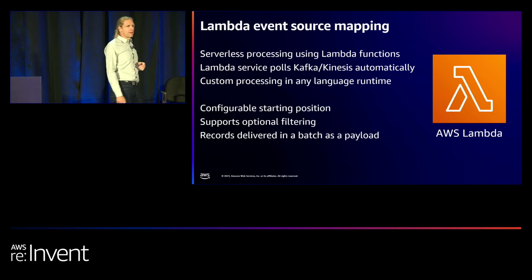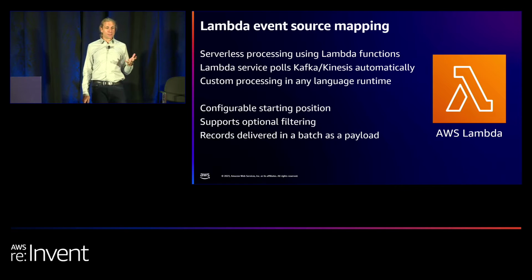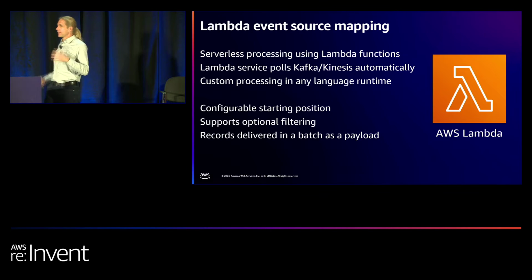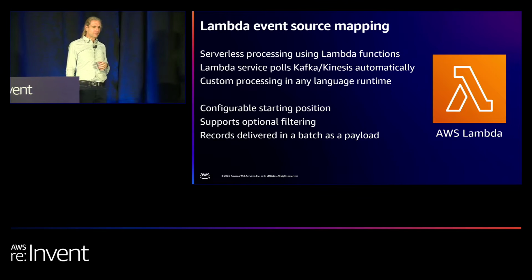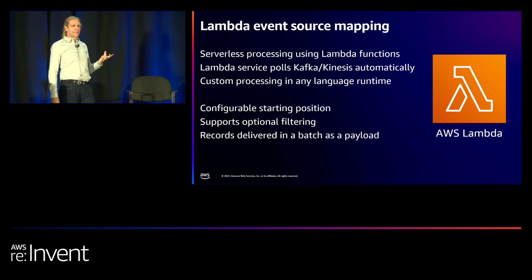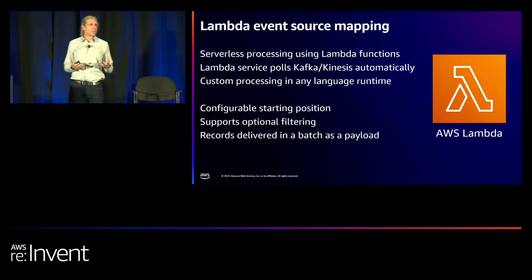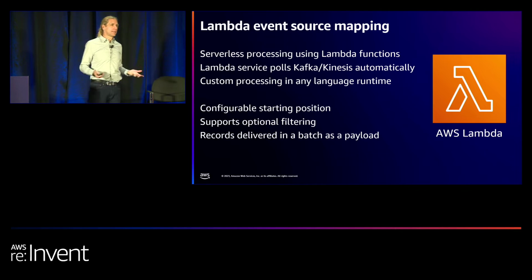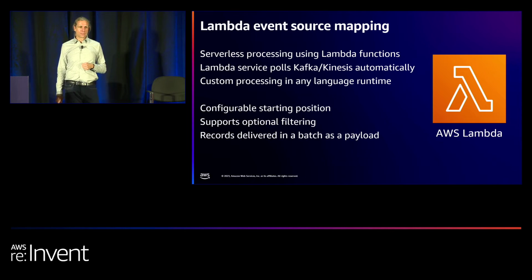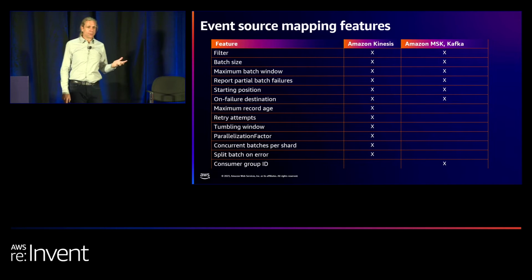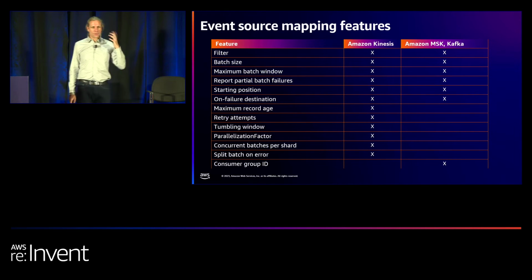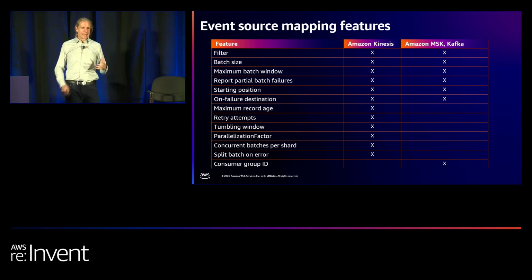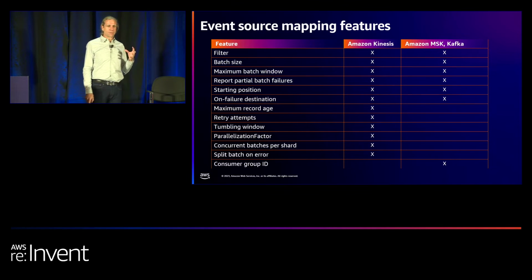Now, you may be thinking, EventBridge Pipes, this all looks a little bit similar. Well, EventBridge Pipes uses the same Lambda event source mapping under the hood. It's literally exactly the same technology. So you can use Pipes for simple data transformation, and for anything that needs more complex workflows, or since Pipes has 14 destinations while Lambda can send something anywhere, you can use Lambda for those use cases. And the ESM supports a number of event source features: the filtering we spoke about, configuring batch sizes and windows, reporting on partial batch failures for Kinesis, and a whole raft of settings depending on the event source.